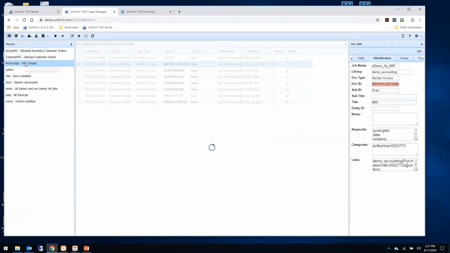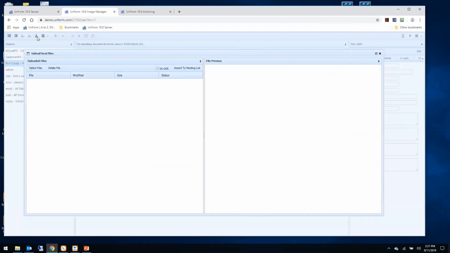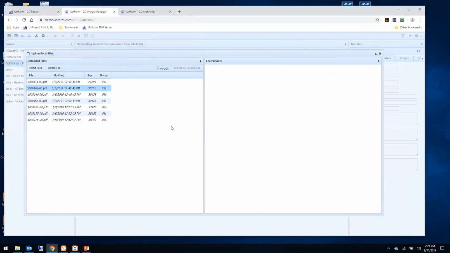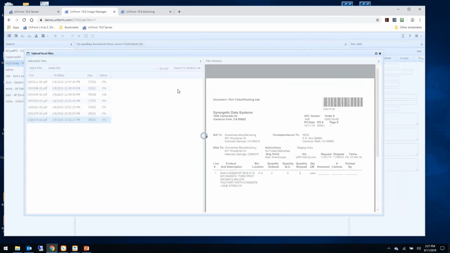Another, simpler job is an example where we're using a couple of the other methods to pull data as documents come in. So in this example, I've got a barcoded document. It represents, in this example, an order number. So when it comes in,